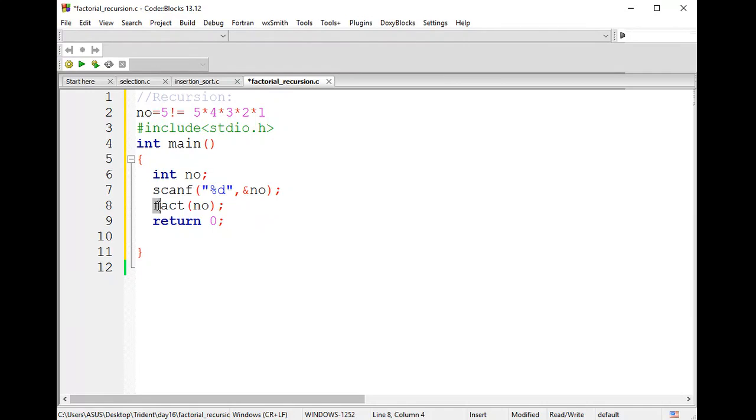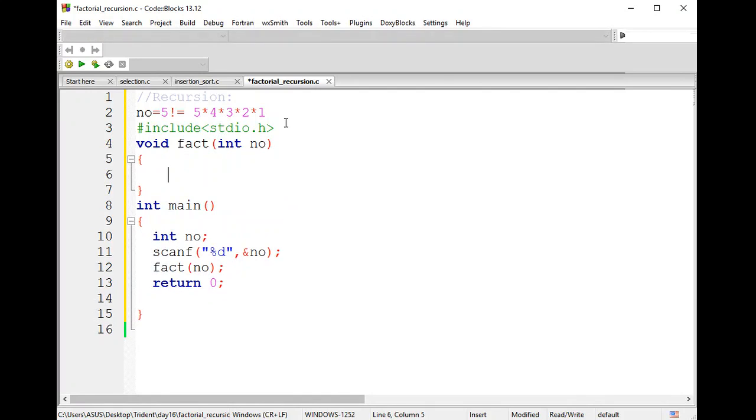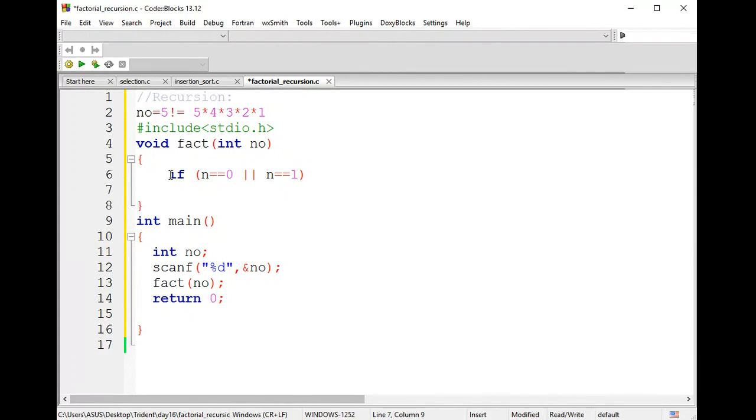So let me write return 0 at the end. Now let's go ahead with the function definition. Let us have void followed by fact of int number. Now here we are going to apply the factorial logic. What we are going to do here is 5 into 4 into 3 into 2 into 1. So when does this loop break? Whenever it reaches 1 or whenever it reaches 0, I should break it. So as a breaking condition, let me apply: if my n value reaches 0 or if my n value reaches 1,